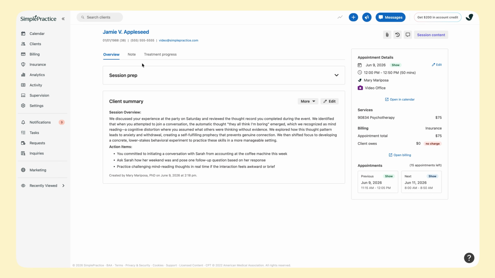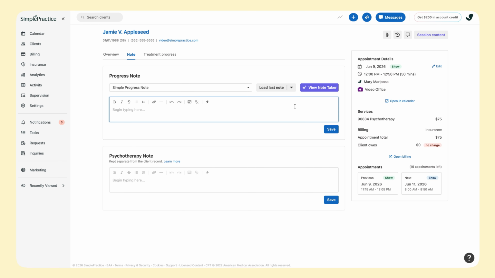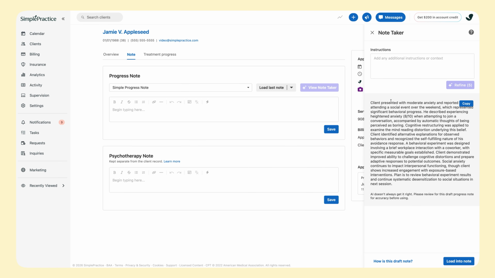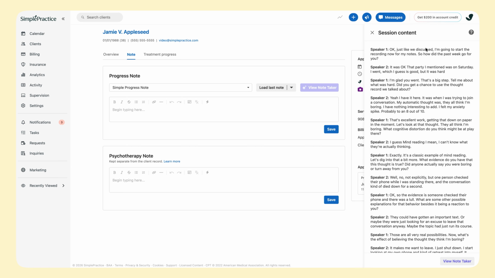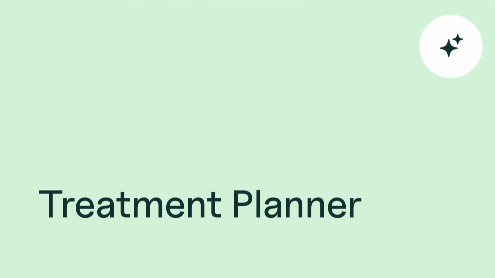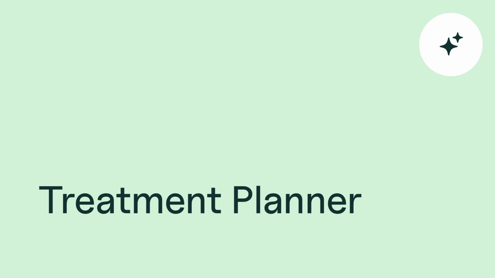The Note-Taker draft note is available in the Note tab here. And I can access the full transcript by clicking the Session Content button. Now, as the client progresses, you might need to update the treatment plan, so let's look at Care Aide's new Treatment Planner. The Treatment Planner generates treatment plans quickly with the help of AI using existing progress notes, diagnoses, and